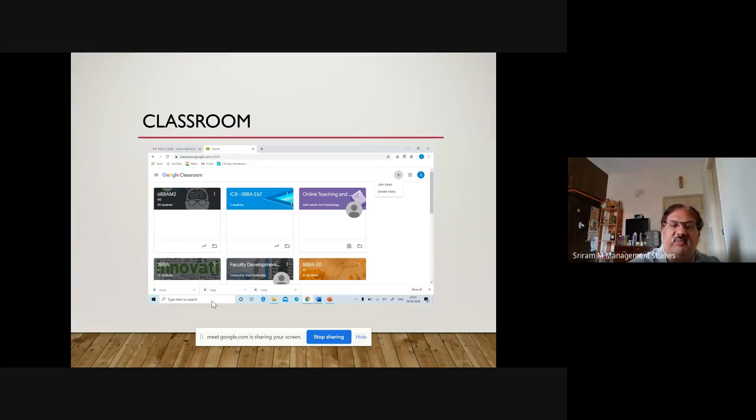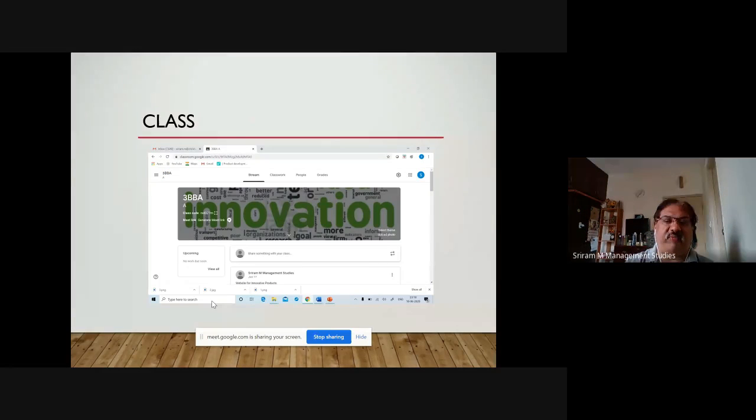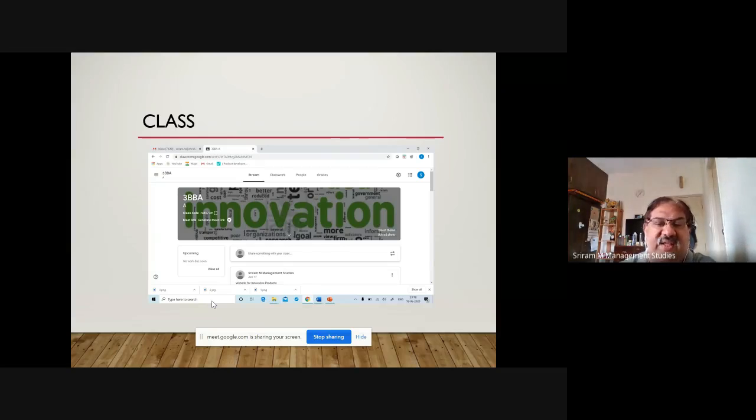And by default, it will come with some picture. You can always change the picture also. The moment you open your classroom, if you already had some classes registered, this is how it will look like. Then the next one, this is one of my classes. For example, you can find this here. On top, you can see share something with your class, which means you can share material, you can share your notes. If you want to share something with your class, you can use this as a very good option.